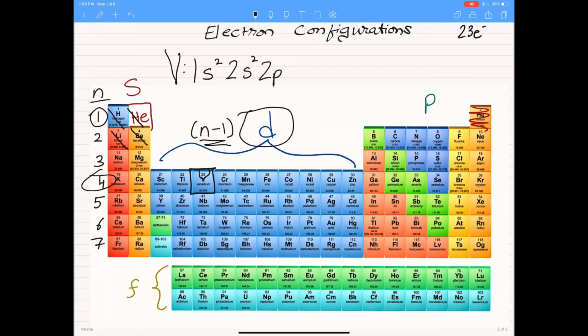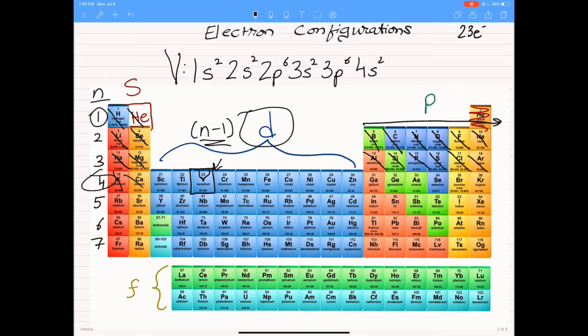And remember, you have to go through all the elements till you reach the one, our vanadium, which is in the fourth row. So you have to go through all of these. How many do we have to go through in the second row in the P block? 1, 2, 3, 4, 5, 6. So it's going to be 2p6. Now you're in the third row, which is the same thing: 3s2. Now you still have to go through all of these, right? So it's going to be 3p6. And now we're in the fourth row. So it's still going to be 4s, and there's 2 elements in there, potassium and calcium,